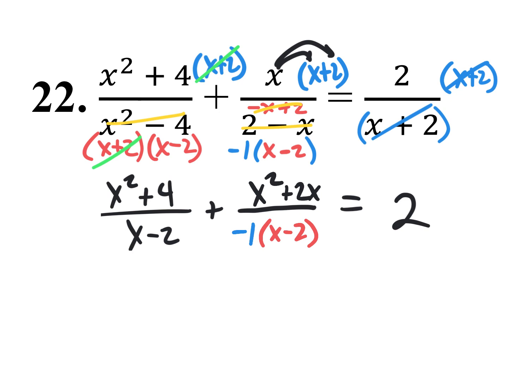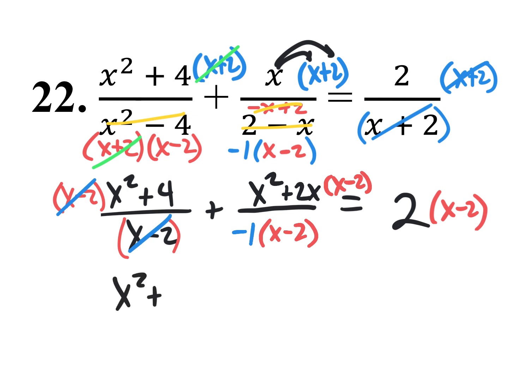So let's get rid of another fraction now. Which one? The left one or the middle one? Left one. Okay, so I'm going to multiply by x minus 2 to get rid of that x minus 2. But I need to multiply everything by x minus 2, including this 2 by x minus 2. So beautifully, it cancels. We end up with x squared plus 4. Over here, the x minus 2 also cancels. That's very lucky,